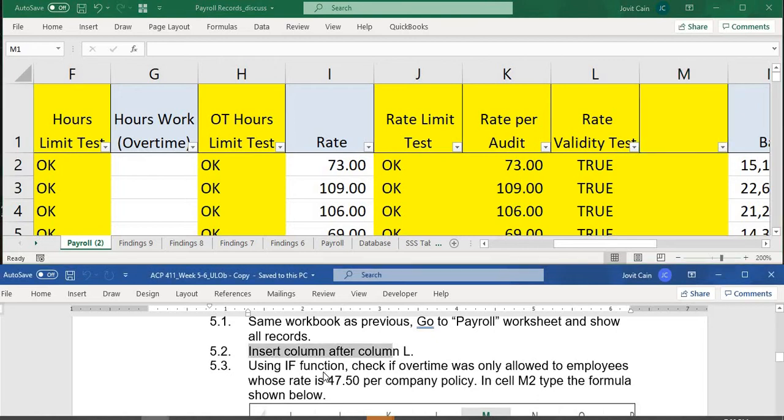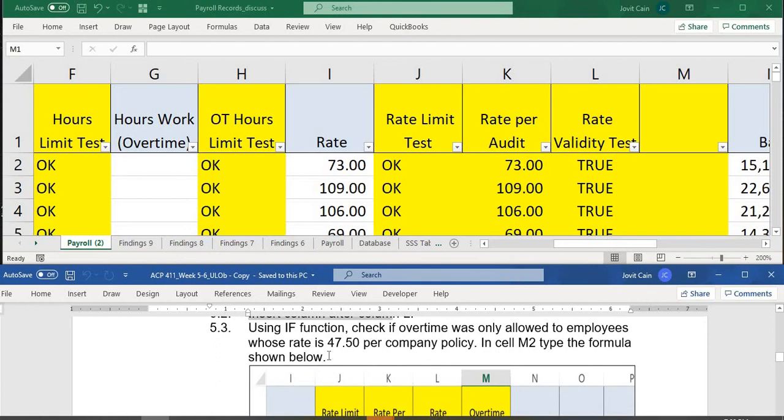Then, using a function, check if the overtime is only allowed to employees whose rate is 47.5 per company's policy. So, in cell M2, type the formula. Employees who have a minimum rate of 47.5 are allowed to take overtime. So, what we're going to do here,